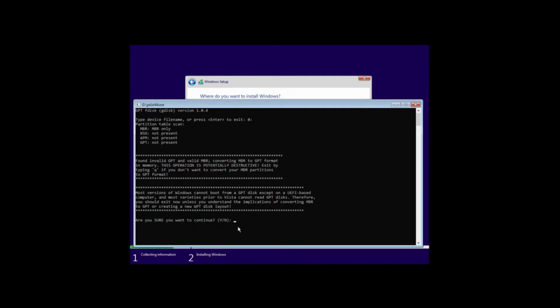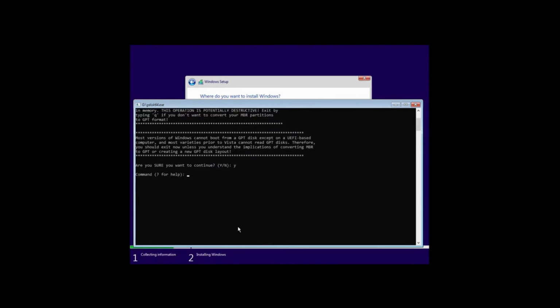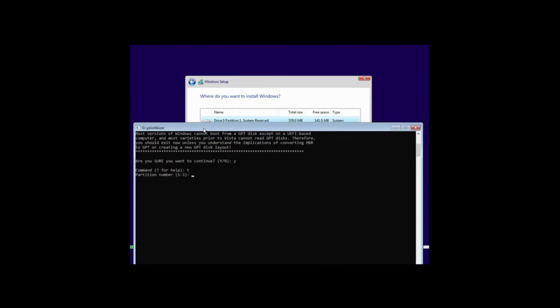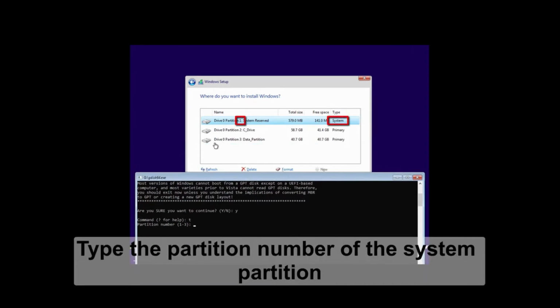And now type Y and hit enter. And now type T and hit enter. Now it is asking us to enter the partition number. Now just type the partition number of system partition. In most cases it is partition 1.